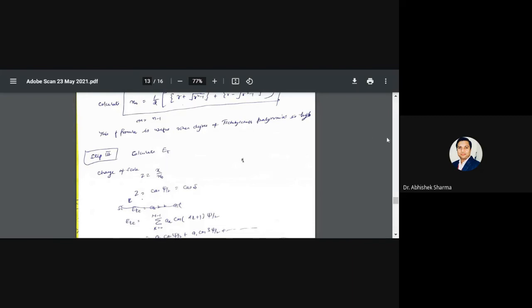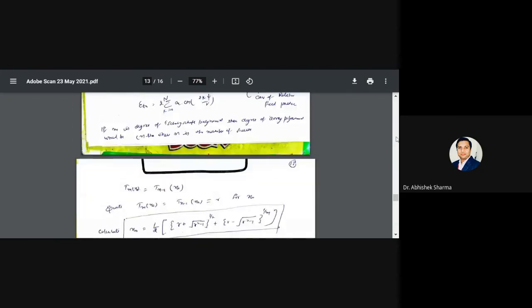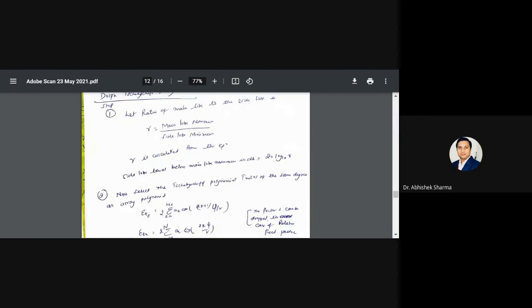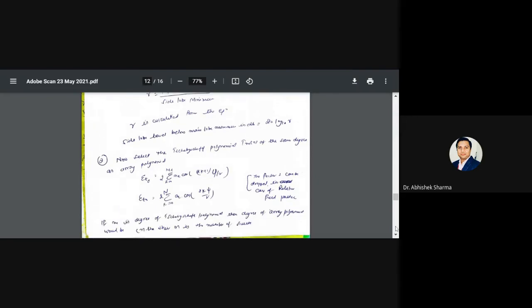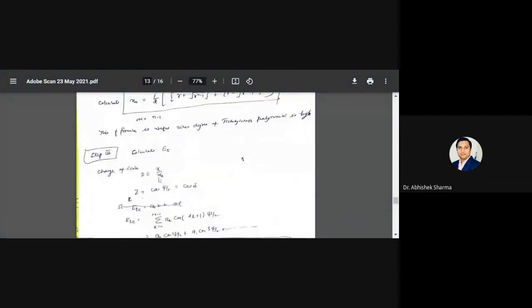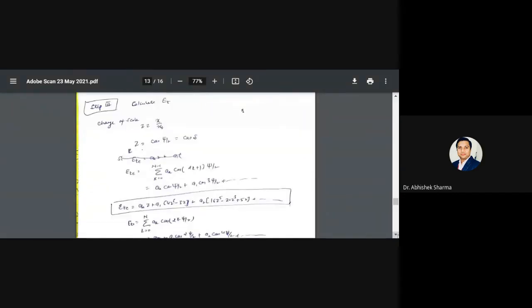because now here ET is in the form of this x. So we will apply change of scale by putting z is equal to x by x naught. So from here z will be equal to cos of xi by 2 or cos of delta. So we will solve these two polynomials